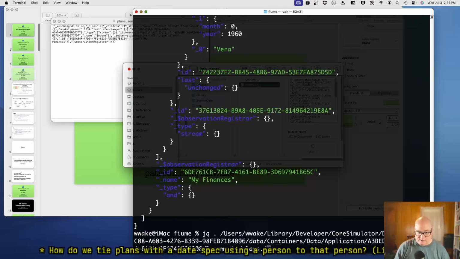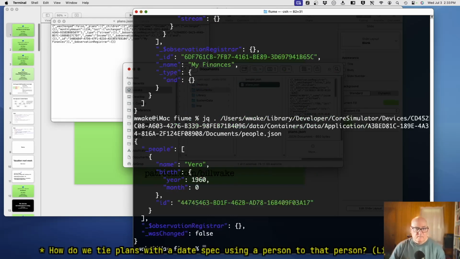Let's try people now. Okay, so Vera, the person, knows her date. And if we changed this, oh, it came out she was really born in 57, then changing it in the people wouldn't have any effect on the code. So that seems wrong.